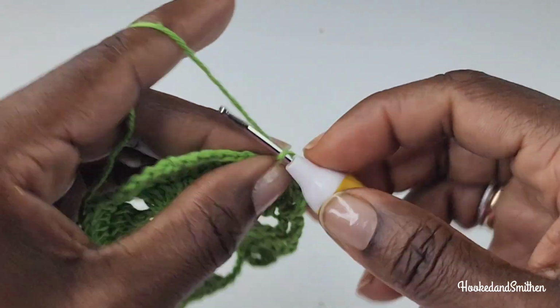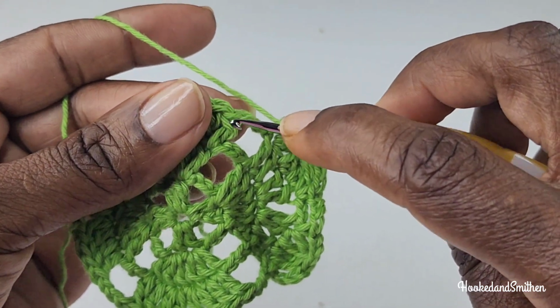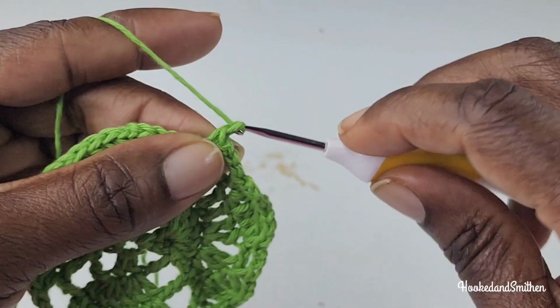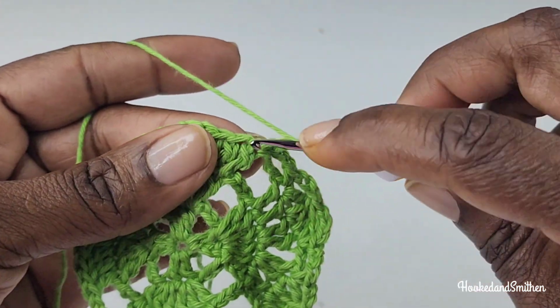And you're going to repeat by chaining 3, making a single crochet into the next double crochet stitch, chain 3, double crochet 4 stitches together,